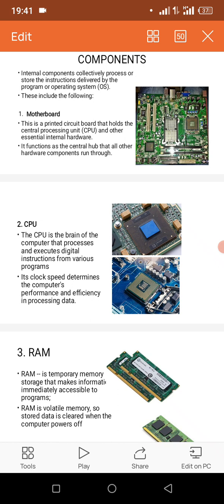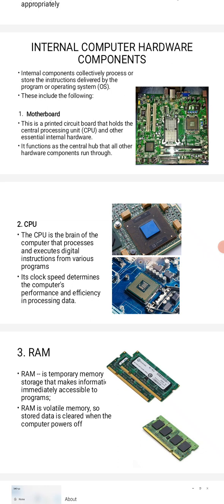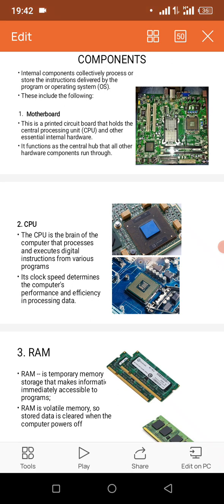A CPU does all the processing of everything that we do. If you want to play music, it has to be processed. You command using the software to play music, and when you command, it goes there and has to process. It says, oh, this one wants to play music, then it gives out that information. It processes it, and then you hear the sound of the music you are playing. Everything that you want to execute on a PC